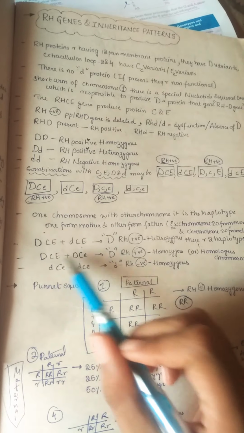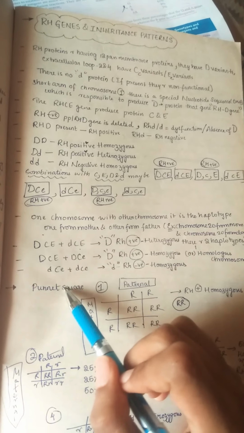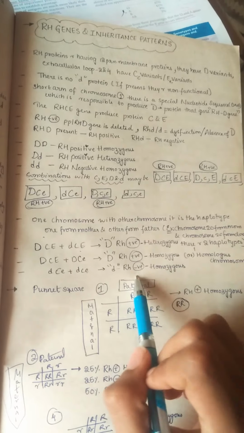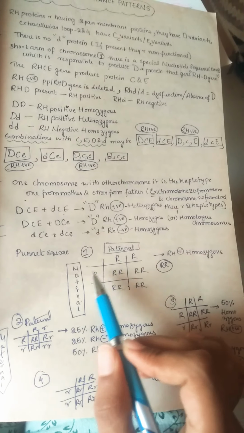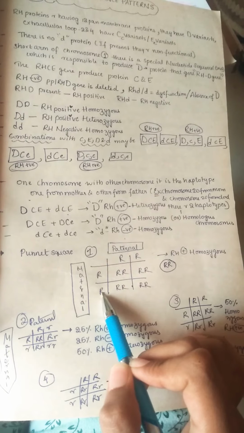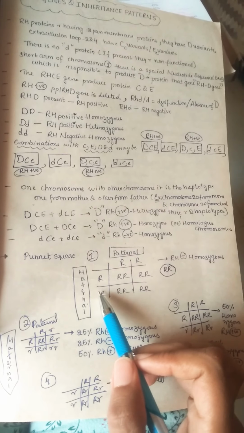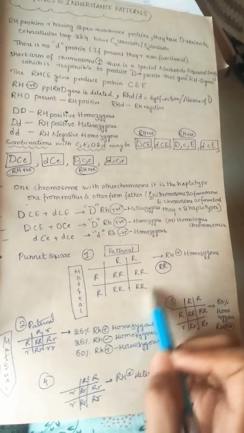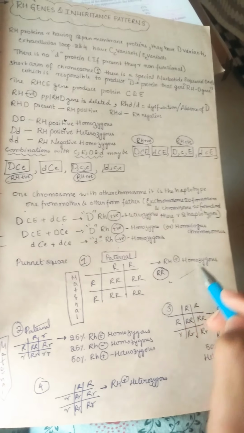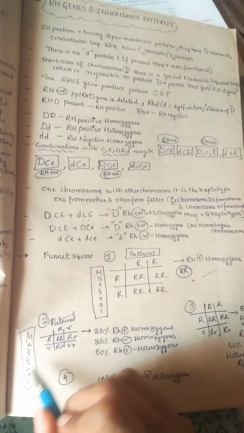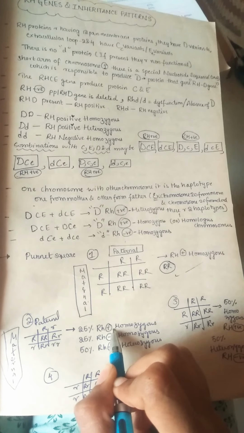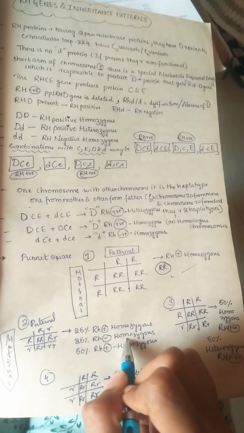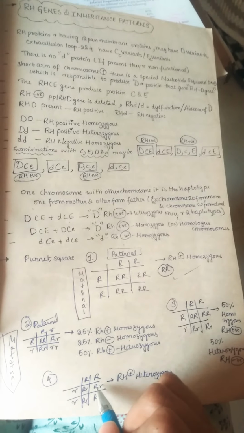Here you can see capital D positive homozygous, small d homozygous negative. If we draw the Punnett square for this, we can see the paternal side and maternal side. From the maternal side, if we get both capital R, or you can say capital D, both, then they will be 100% homozygous Rh positive. But here paternal, maternal is capital R, small r. So 25% are homozygous positive, 25% are homozygous negative, and 50% are heterozygous positive.